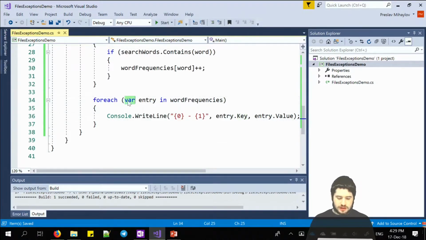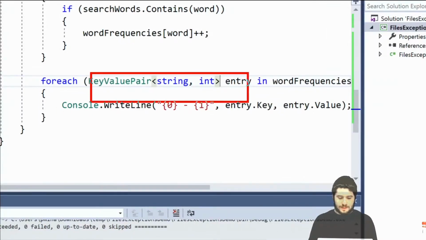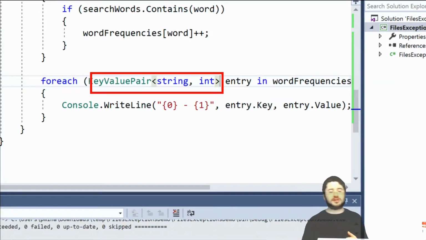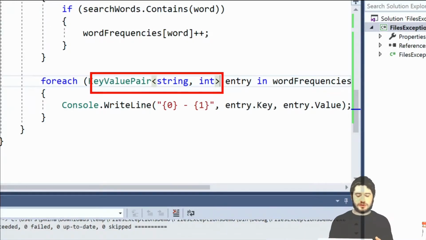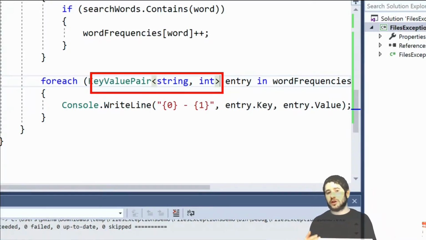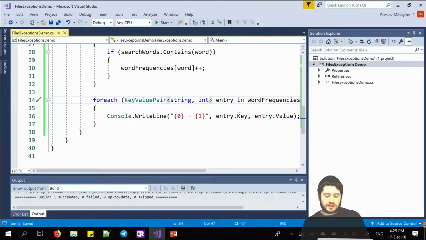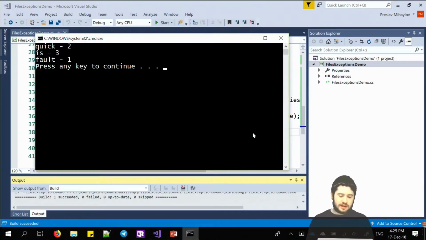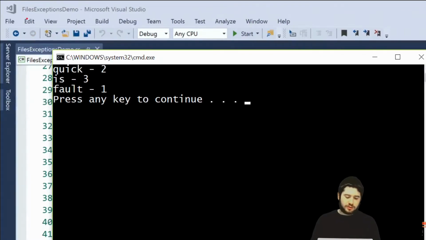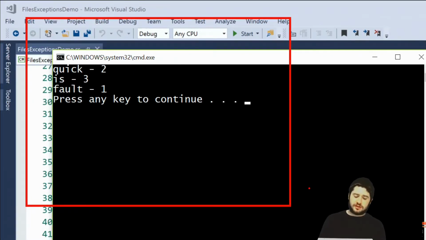As you know, this actually is a key value pair. It's a string and an int. Basically, normally you can imagine the dictionary as a list of key value pairs, because you have keys and values, and when you are foreaching a dictionary, you will get as an element a key value pair, which contains the key and the value. And once I have that, as you can see, I output all the words. However, this is correct, but what is left to be done